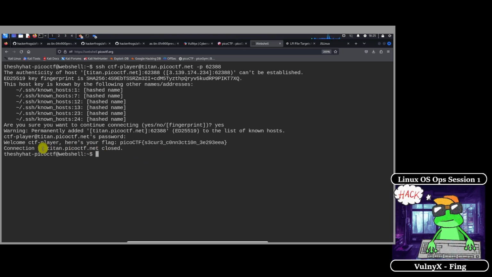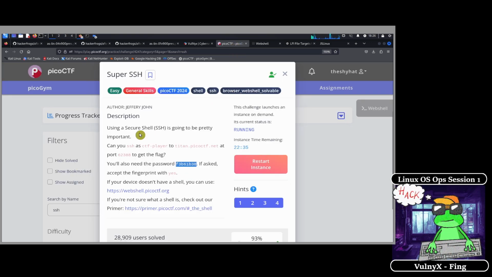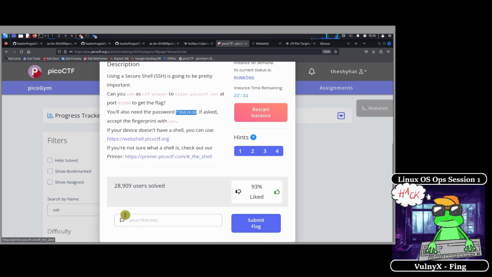Okay, so what you want to do to finish the challenge is you want to take your picoCTF flag over here and highlight it. After you have it highlighted, right-click and select Copy. Then go to the challenge page, and at the bottom of the challenge page, there's going to be this field right over here, and this is called the flag submission field.